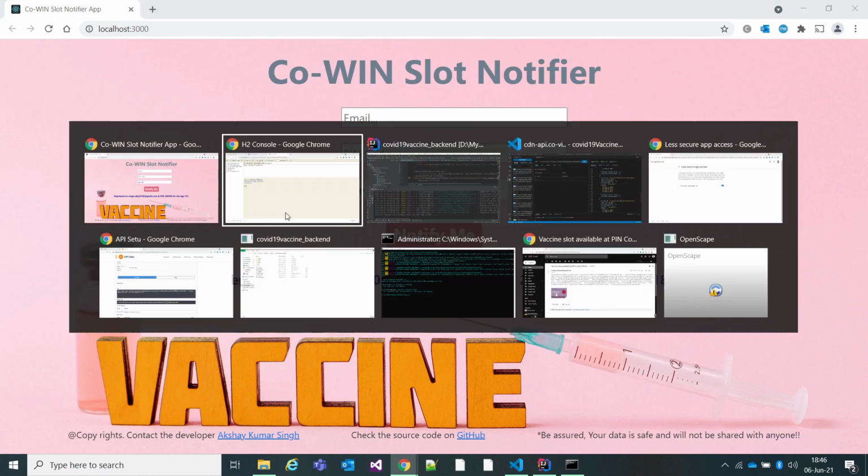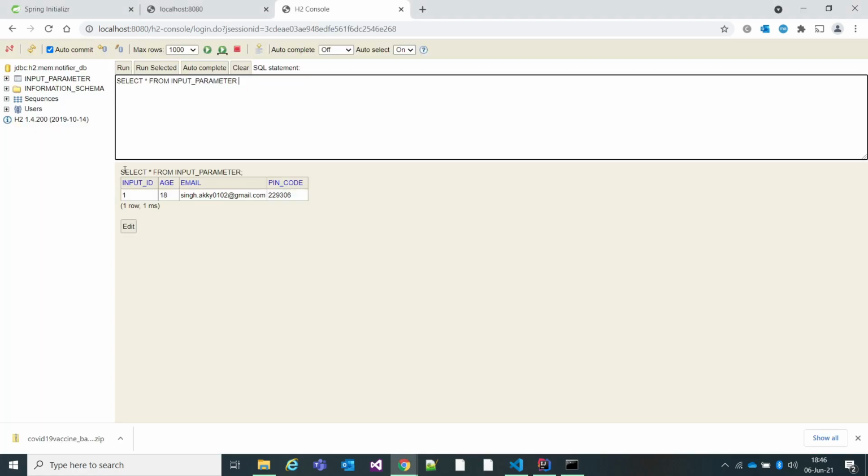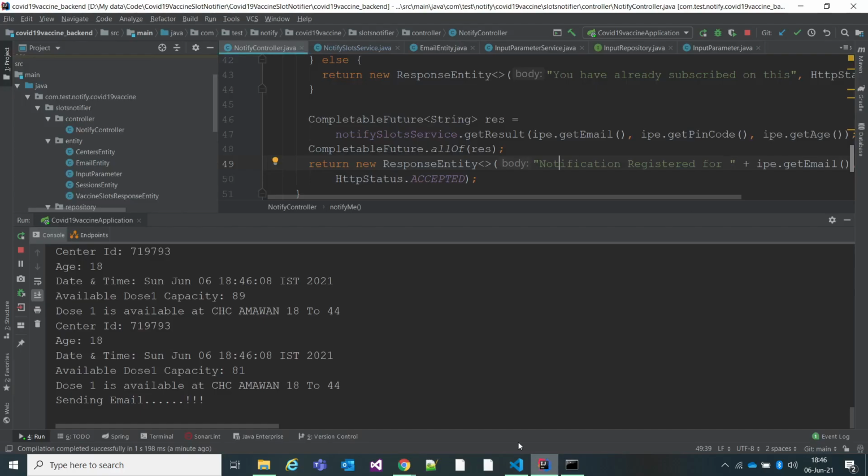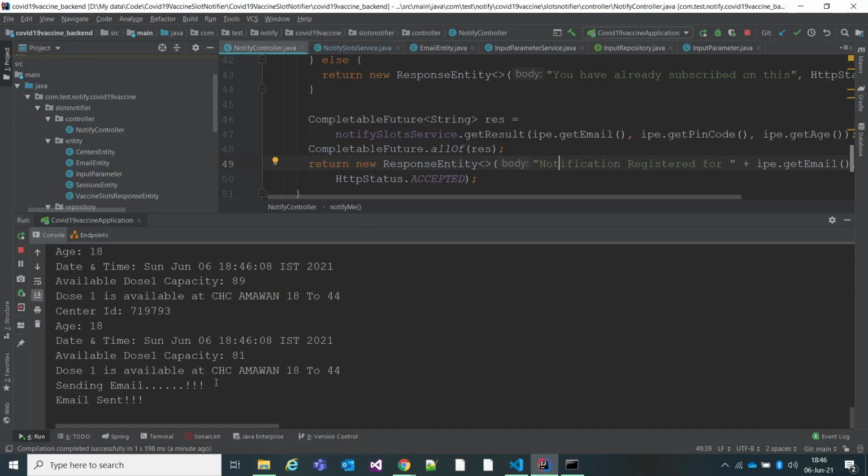Okay, I have registered. Now let us check the database. There is one entry, and as slots are available, it says sending email, and the email is sent.